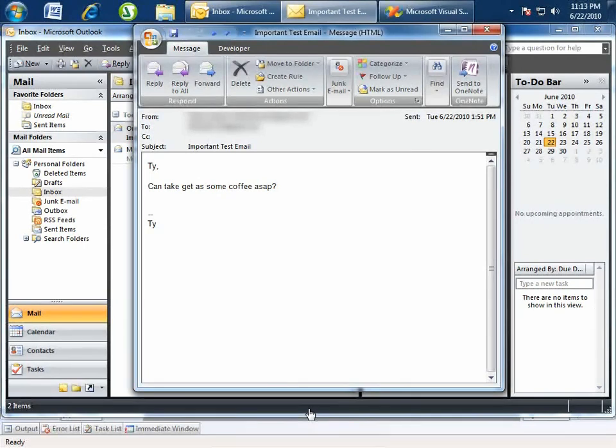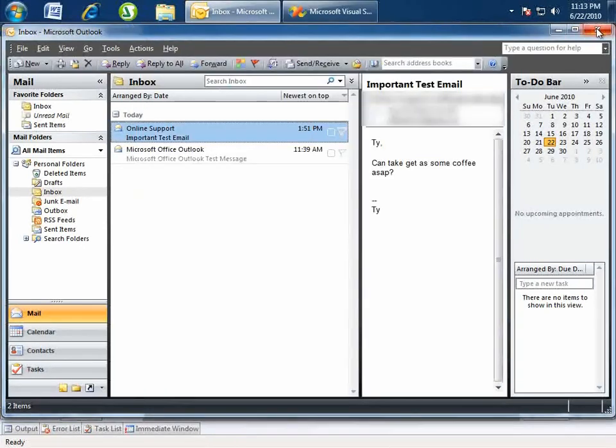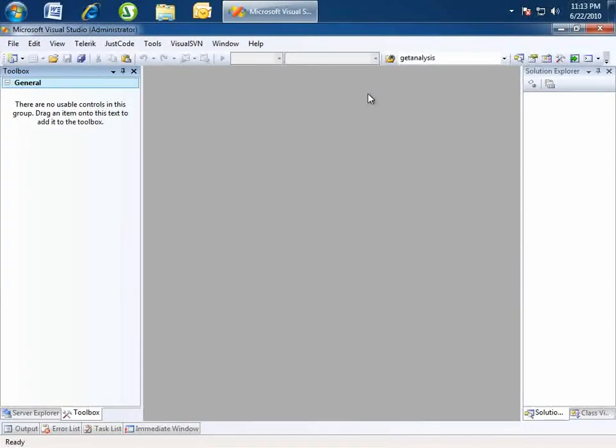Okay, I know that's enough explanation. You're probably ready to get on to an actual demonstration, and so let me just talk briefly about that. First, what we'll do is we'll create an Outlook add-in that's targeting Outlook 2007. I'm going to use Visual Studio 2008 to build it, but we're going to use the Add-in Express 2010 tools to build it. And this add-in, what I'll do is I'll create a couple of custom .NET based forms